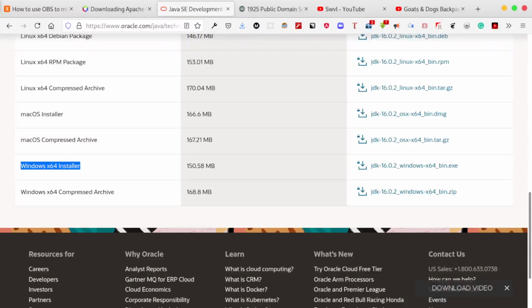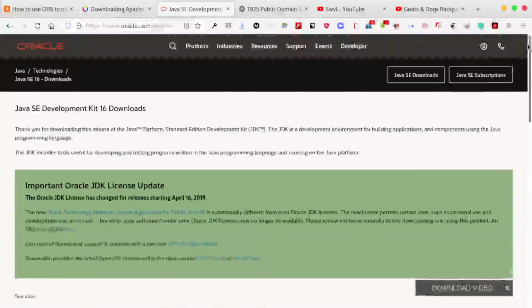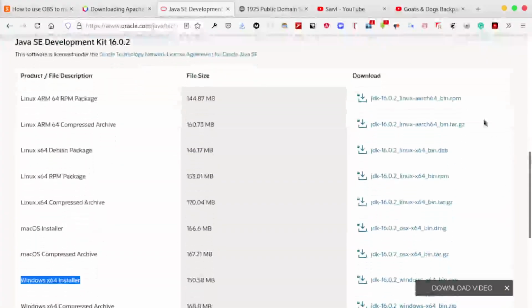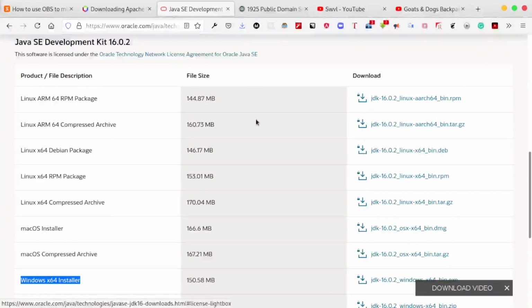Yeah, if you have any question on how to set paths, you can always get back to me, and I will show you how to set the paths. So after you download, I say that you should have the basic skills of how to install the package on your own machine. So that is the first part, installing the JDK.